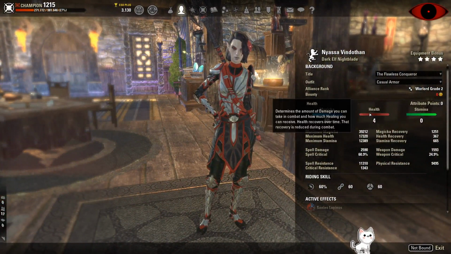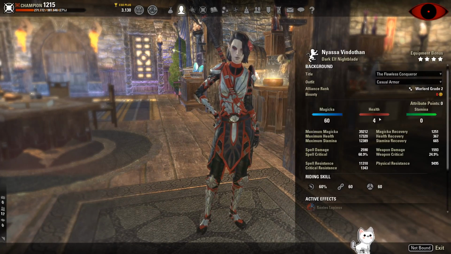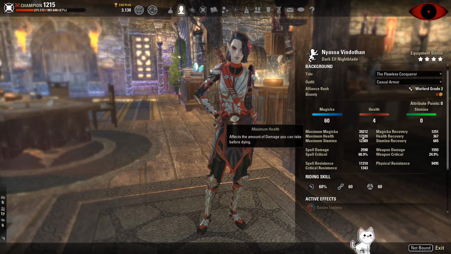This is just so I don't get one shot. Most people say put all into magic, and that's totally acceptable. I just took 4 out because I don't like being underneath 17k health when I do PvE. So yeah,